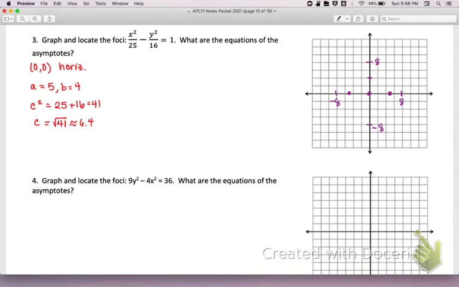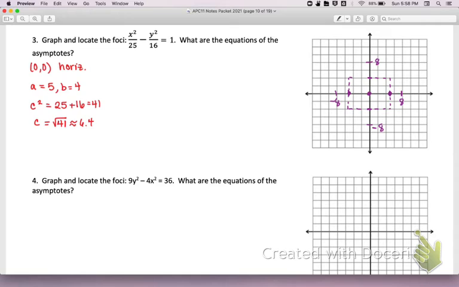I always put a little dash because we're going to draw that dashed box. So that's where it starts. The box has a width of 2 up and down, so a total width of 4. And horizontally, it has a width of 5 in either direction, so a total of 10. So our box, you can imagine where the corners are going to be. It's going to be right here,